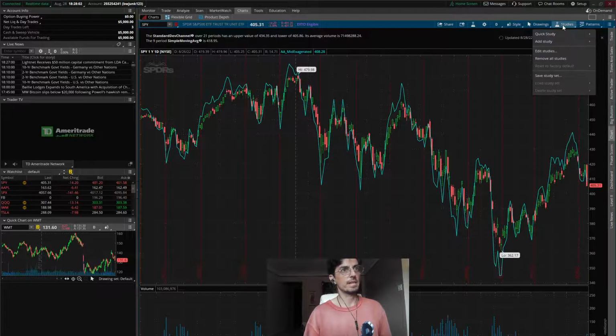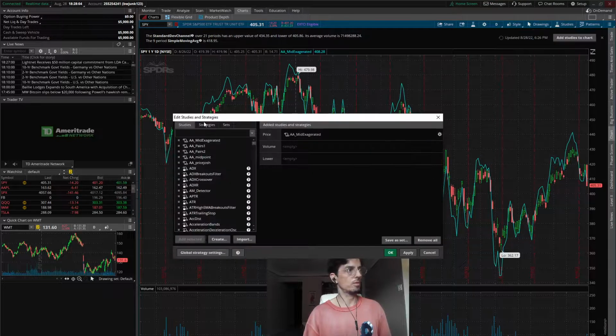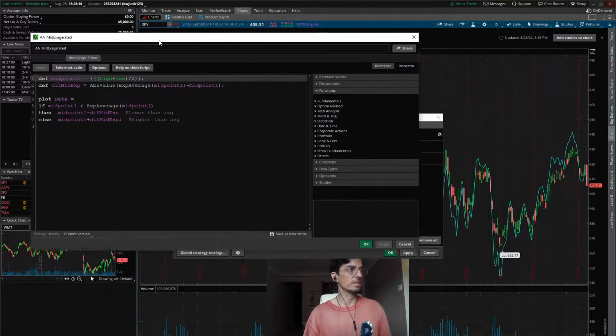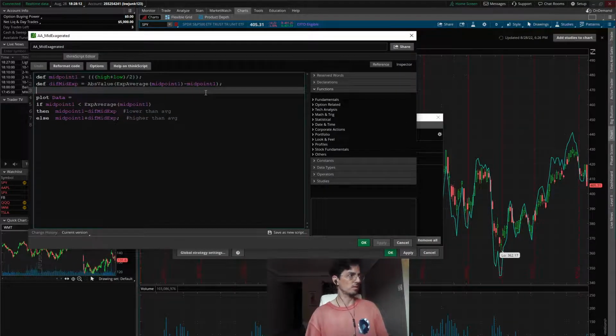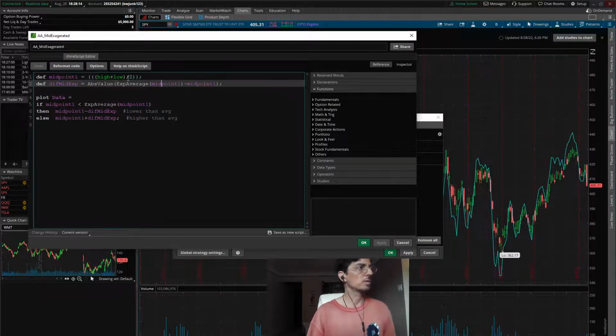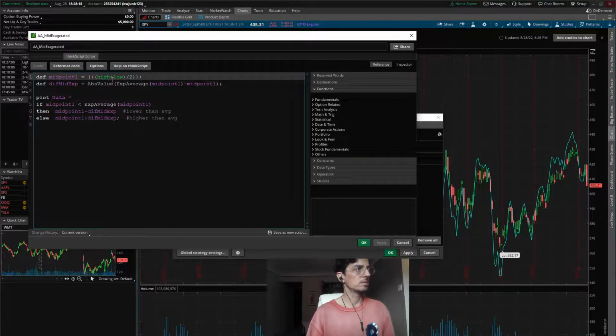It's kind of hard to explain that, but let's go look at the code, because I don't even remember what this one looks like. I did this all. The first time I've ever looked at thinkScript was about 2 days ago. But basically, we're doing the middle point of the candle. Then we're taking the 10-day moving average.